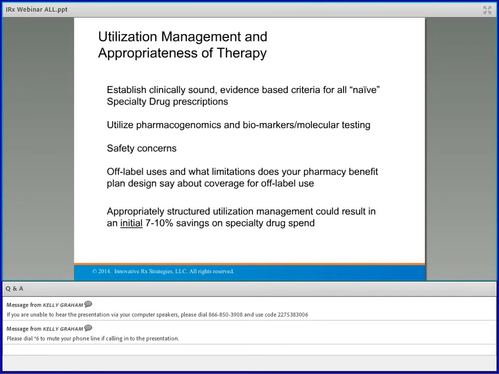But if somebody has been maybe stage 1 or asymptomatic for a long time for Hep C, and you're faced with an $84,000 to $125,000 cost, do you cover that? Do you put in a plan design that says, I'm not saying I'm not going to cover it, but you've got to be at this stage before we'll cover it? Because what happens if you have an employee that gets coverage and you pay $100 and some thousand for a drug and then they leave? You've just paid for their treatment.